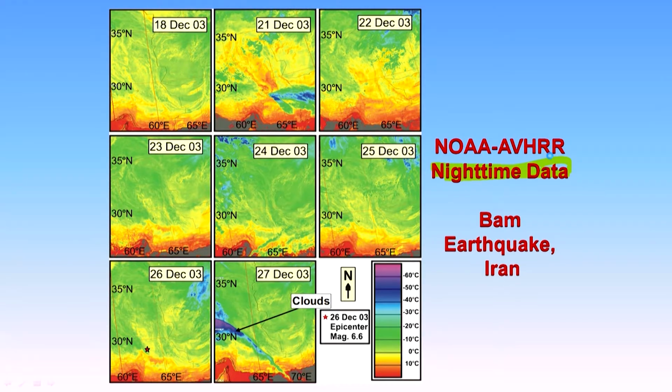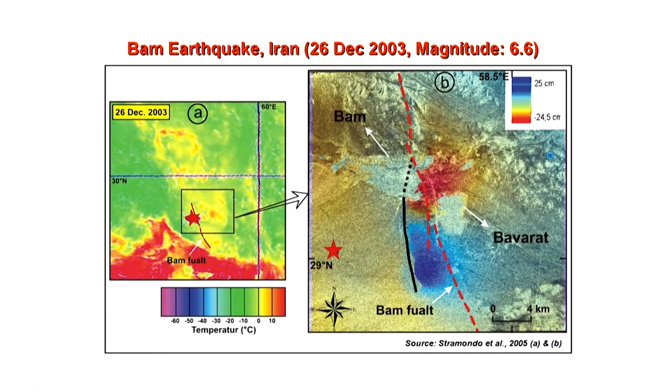Now, this is another point which should be noticed here: the area where we have seen the anomaly also had co-seismic deformations. That means a lot of changes in the ground happened during that earthquake event of 26 December 2003. These were mapped employing the SAR interferometry technique, again a remote sensing technique. Of course, we personally did not do this analysis. This was done by Strumendo et al. in 2005.